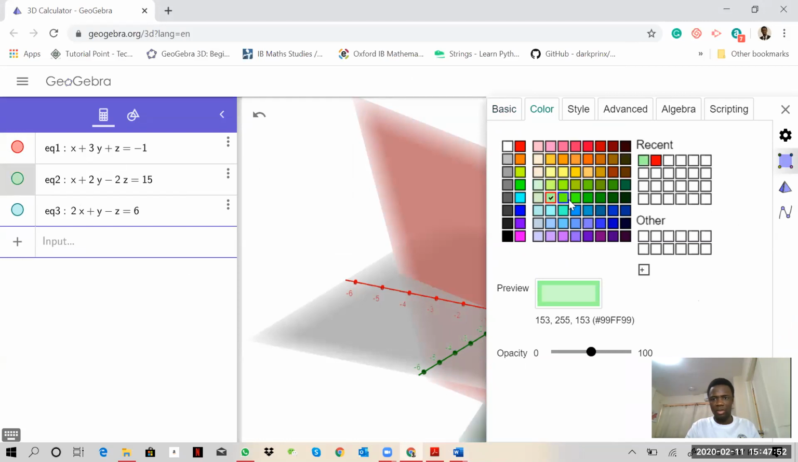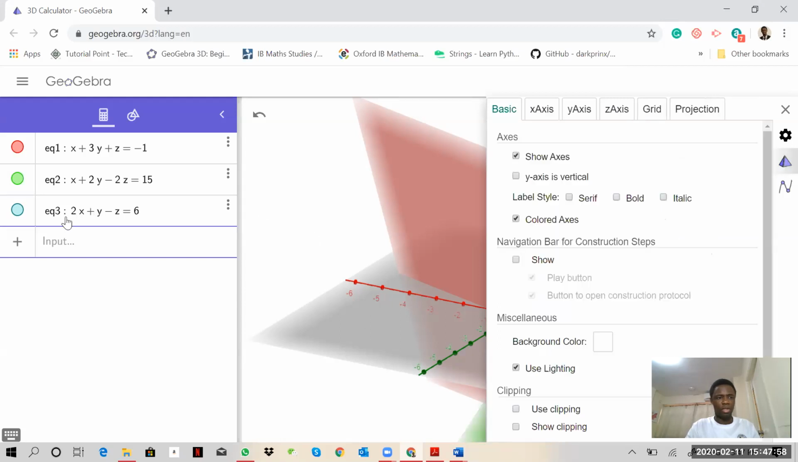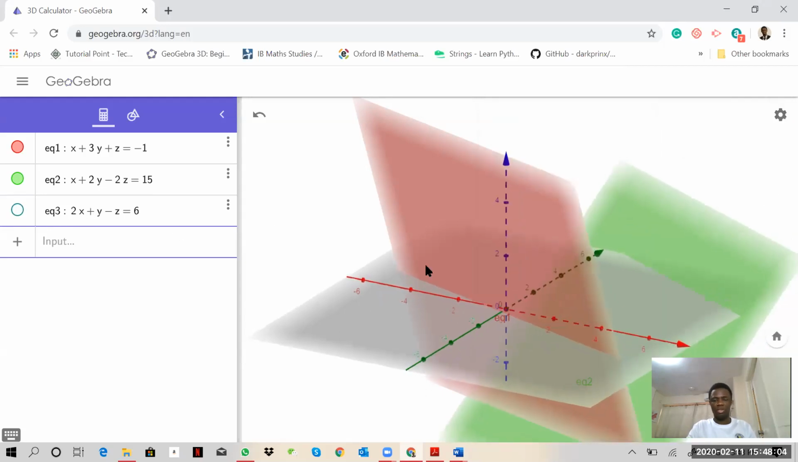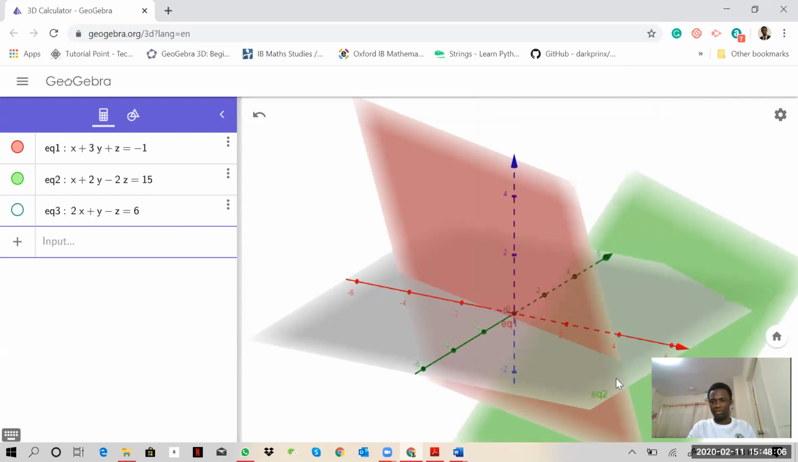I don't know if green looks nice. Nice. Mr. Nice. I pick green for that. And maybe we just leave this the way it is. Okay. Now,